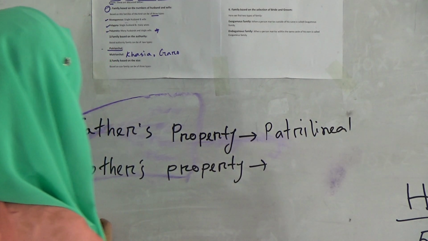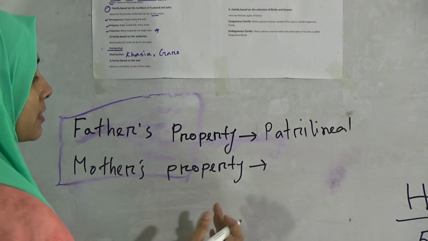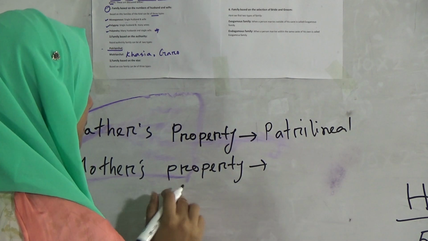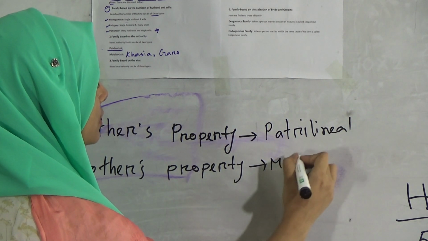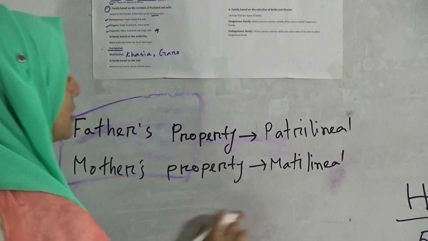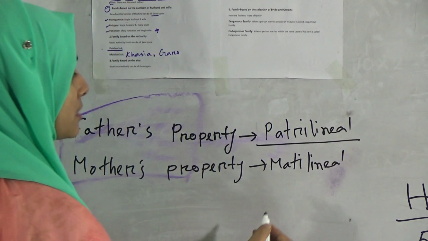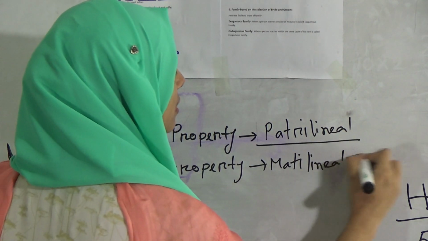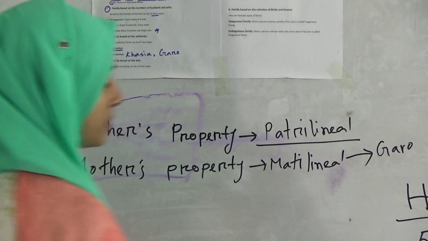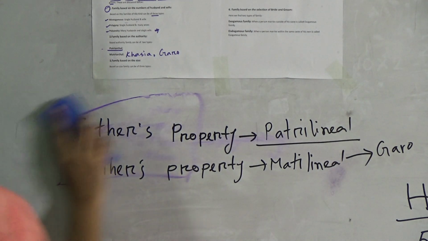And in a family where a child gets the mother's property, this is called matrilineal. This type of family is not very popular right now in our societies, but it is actually found in Garo societies or the Garo community. And now we will discuss